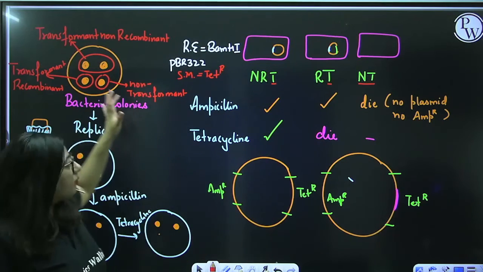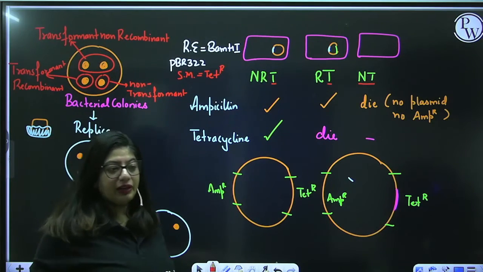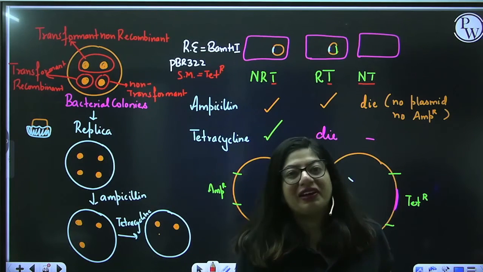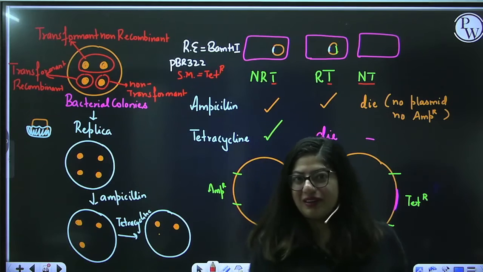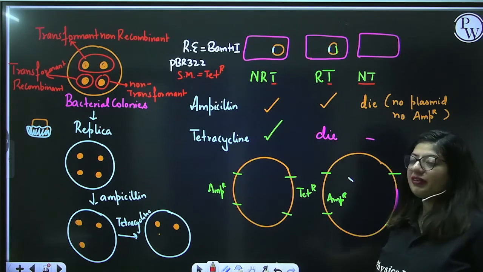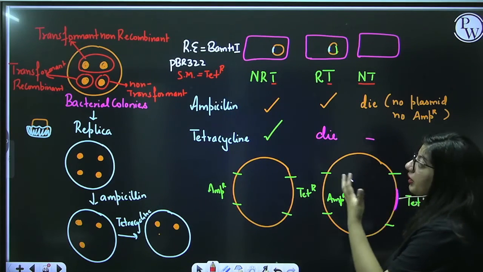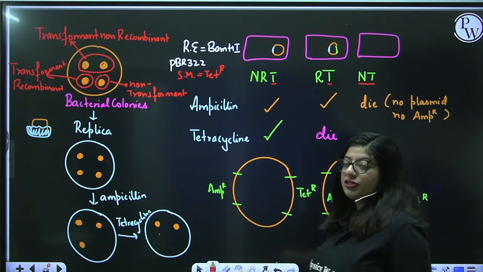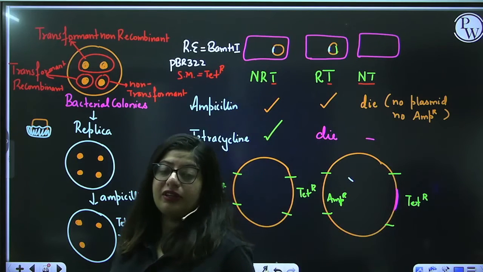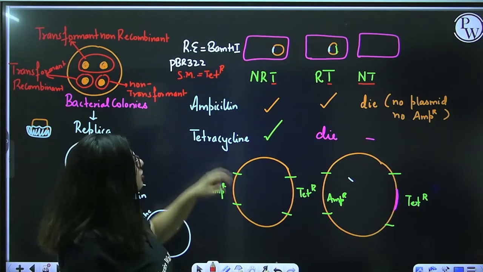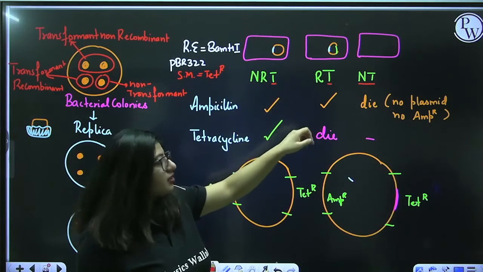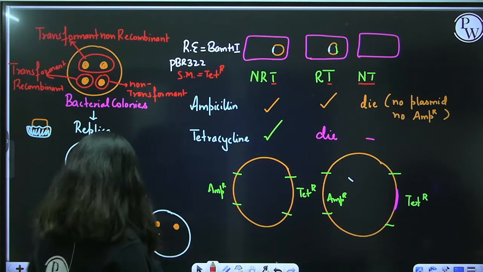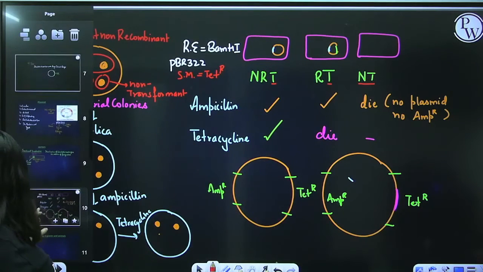If you perform the experiment on the original plate, then the recombinant colony will die, and then from whom will you replicate later? There will be no one to replicate. Fine. So by this insertional inactivation, you can get to know which is the one which you require and which you don't require, or which is the transformant and which is the non-transformant, which is the recombinant and which is the non-recombinant. Okay. So NRT means non-recombinant transformant. This is recombinant transformant. This is non-transformants. All right. Okay. So that's about insertional inactivation